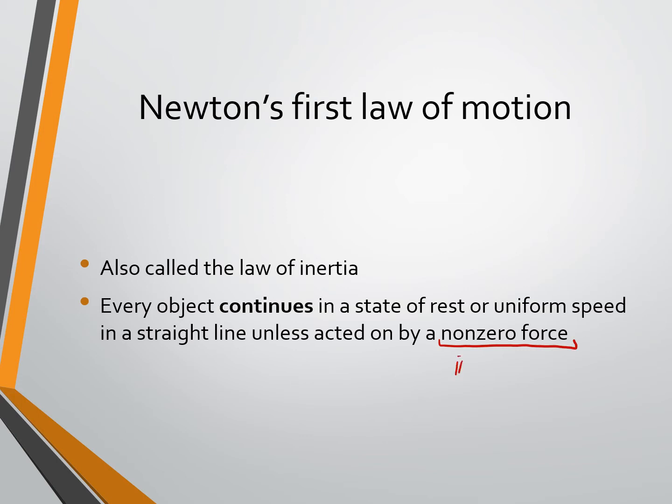So this was our interference. And now with Newton's first law, it still has the same uniform speed in a straight line. So this was from Galileo. But now it's added a little bit more. It's added this state of rest thing. A state of rest is our object is not moving at all.